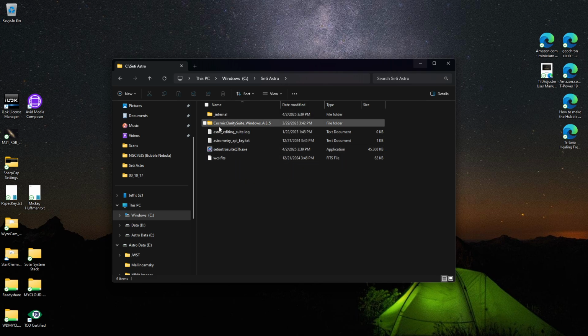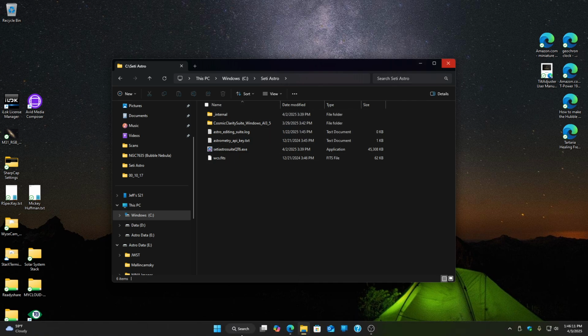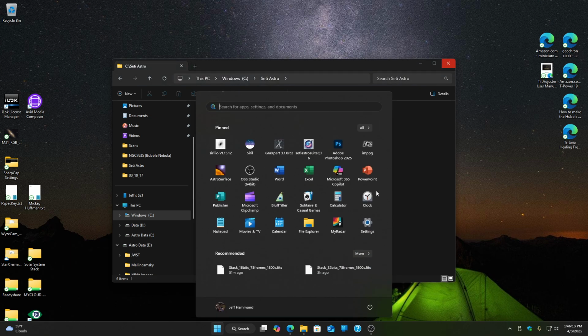The Cosmic Clarity Suite underscore Windows will have a folder called this, and you want to move this into whatever your Seti Astro working directory is going to be. With that out of the way, you want to start the program,